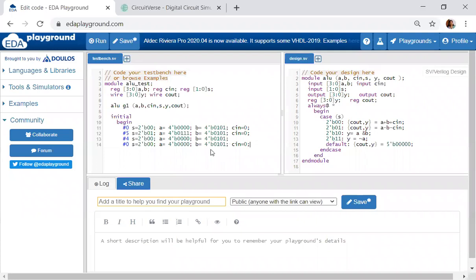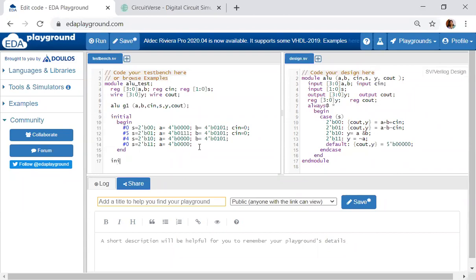So the fourth operation should perform the NOT operation. NOT of which input should it perform? NOT of only A. If I give only A, it is enough in the fourth one. I don't want to give a B. So I have given 0, 0, 0, 0. NOT of 0000 will be equal to 1111, so let me take it as 1, 1, 1, 1. End. This is end, the begin is done.